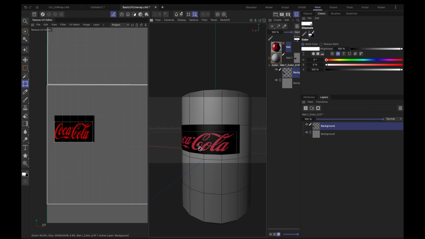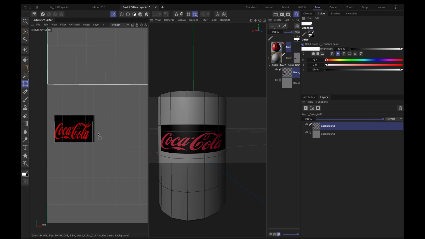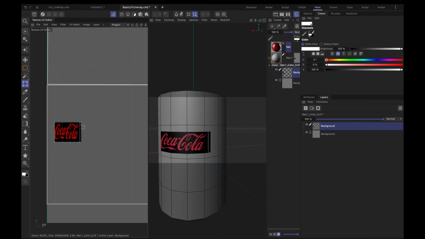I can zoom in a little bit, I can rotate my view, and I can say that's probably a lot closer. If I was doing this for real, I would do a much more precise job, but that looks pretty good. And now, because it's so small on the surface, I'm going to scale it again, but